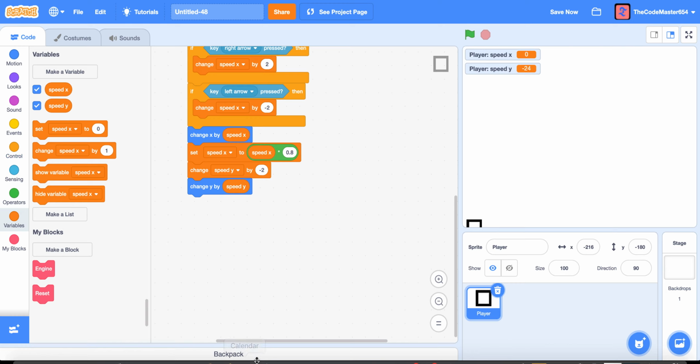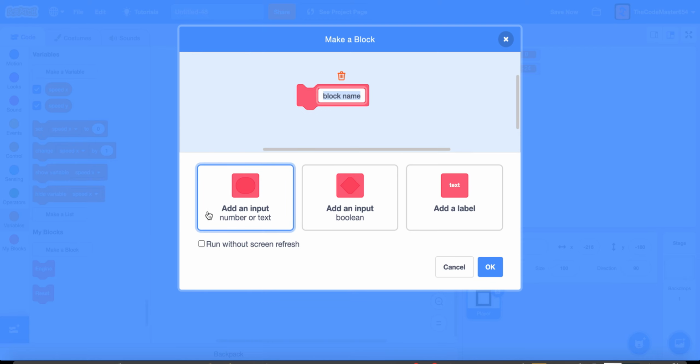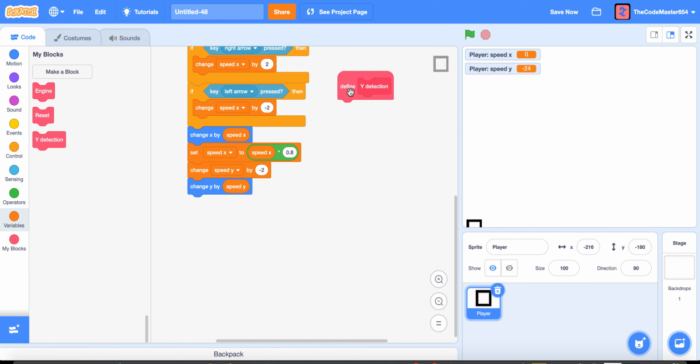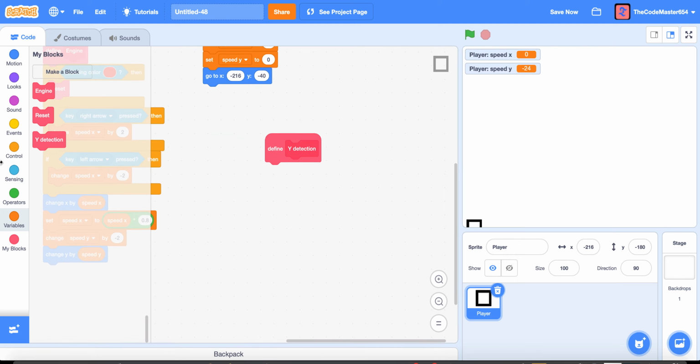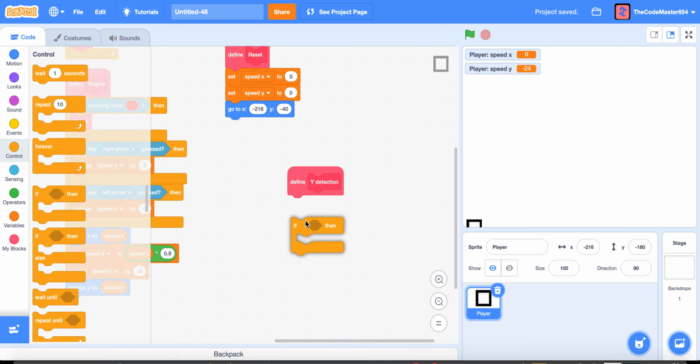Floor detection is fairly easy. We want to make two custom blocks called floor detection or Y detection. So up and down detection, and then make sure it's run without screen refresh. For Y detection, we want an if, and then if touching color black,